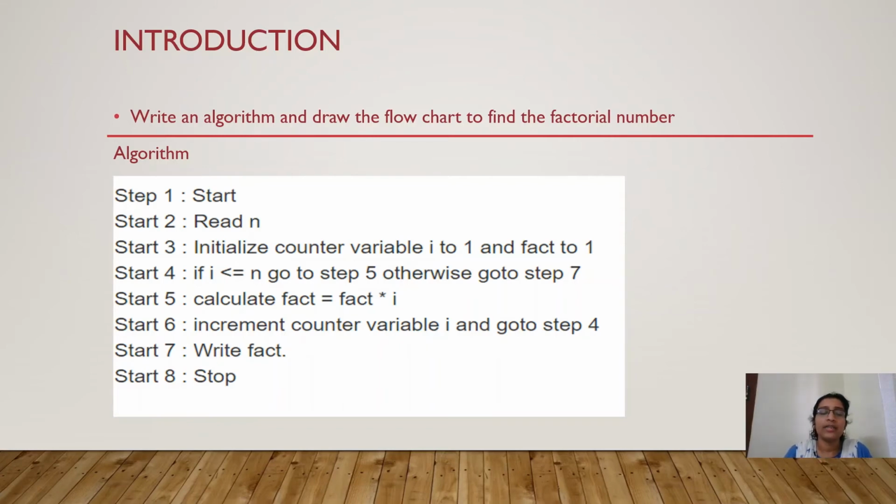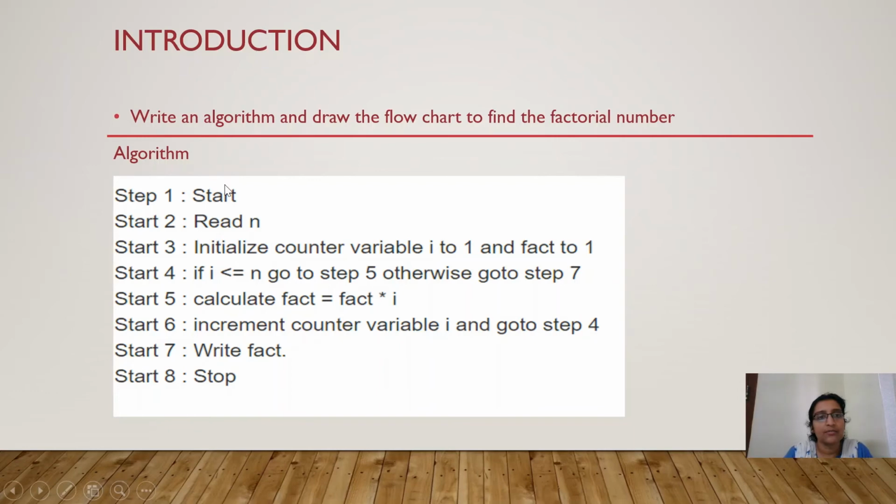So here we have to write the algorithm. What is the input? N is the input and the output should be the factorial. For example, if 5 is my input, the output should be 5 factorial, which is 120. So input and output are clear. What we have to do here is the multiplication, but the multiplication has to be repeated. If we start from 1 till n, we have to do the multiplication. So we have to write the repeated things.